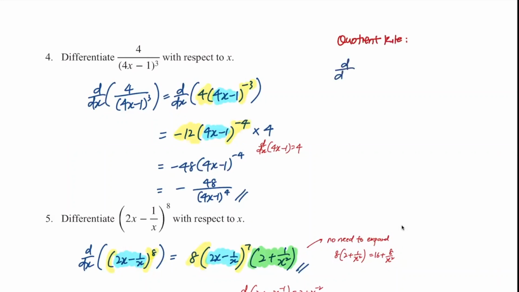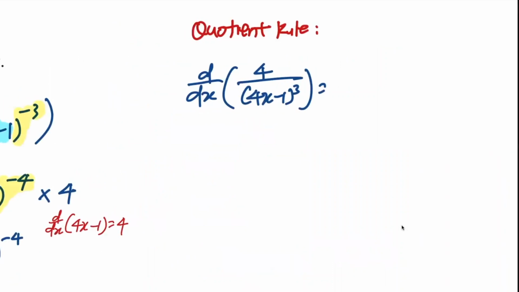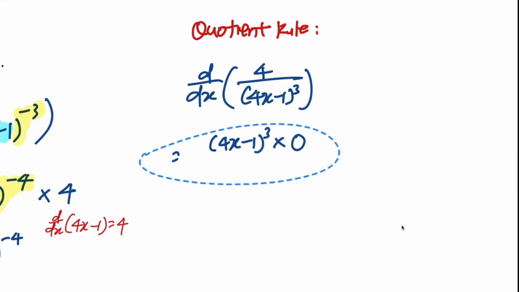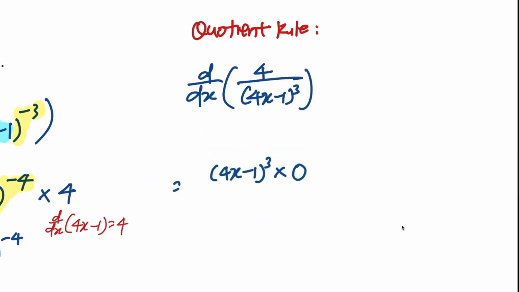Bottom d top: when you differentiate the top, the 4 is 0. Bottom d top,